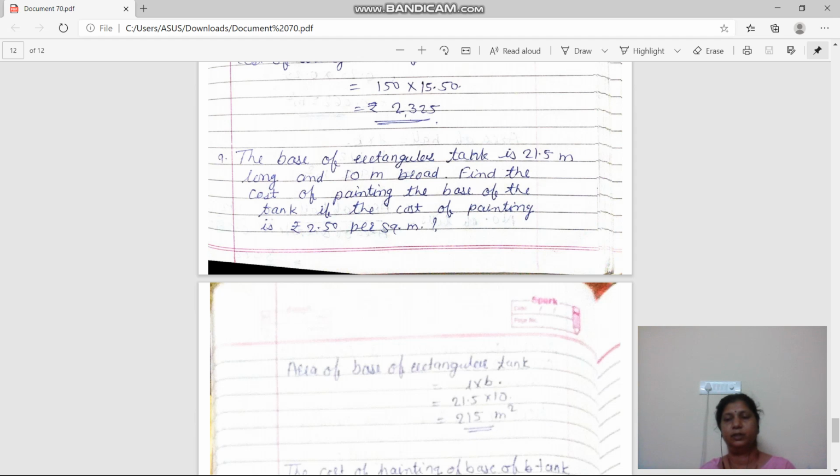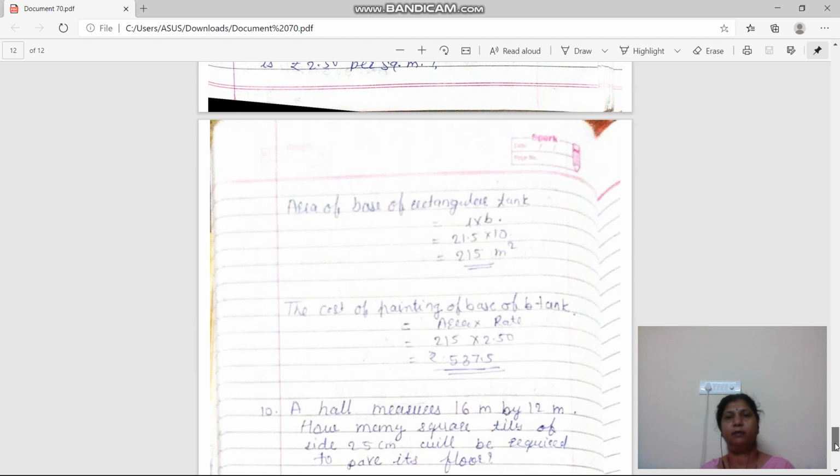Okay. So this is the area of base of the rectangular tank. Now this is the area we have to paint. But what is the rate? The total cost for painting is equal